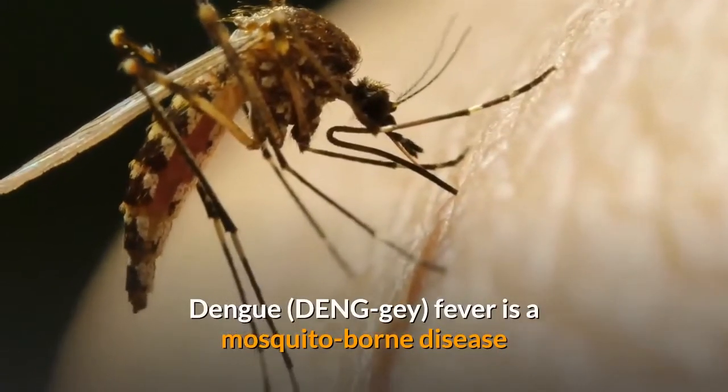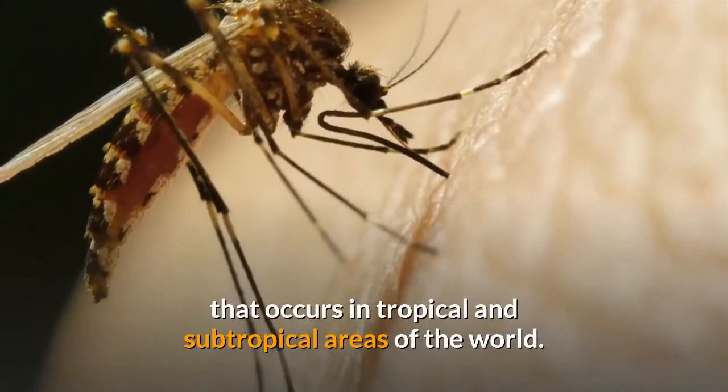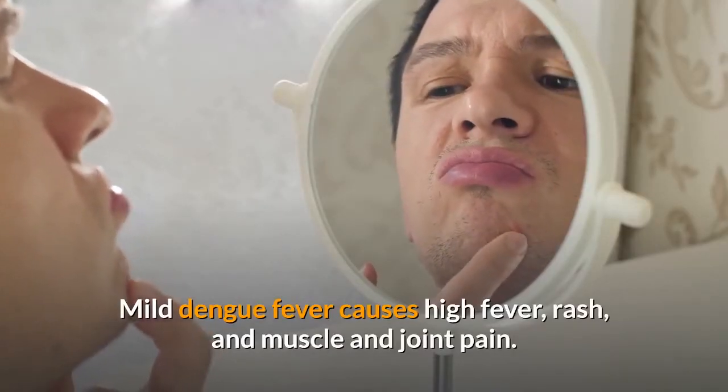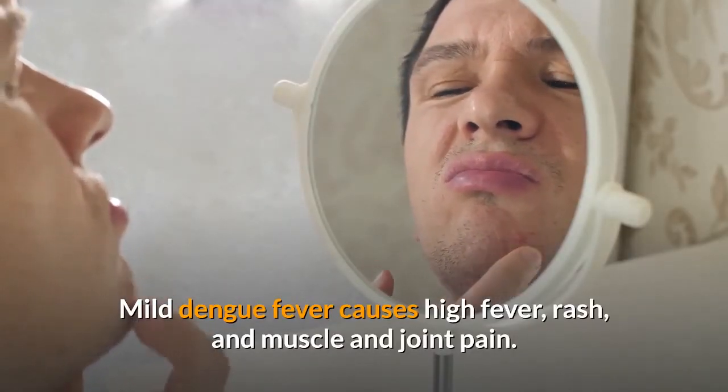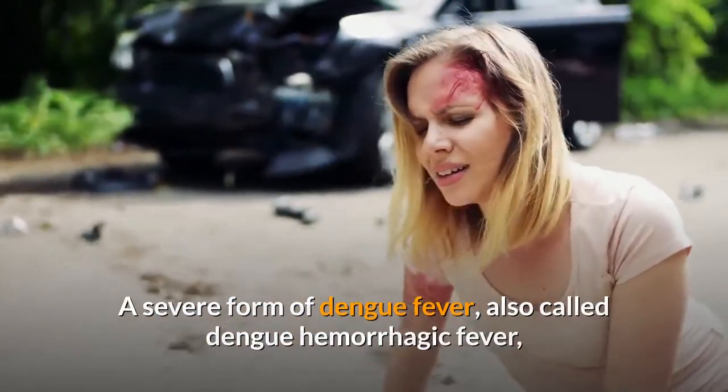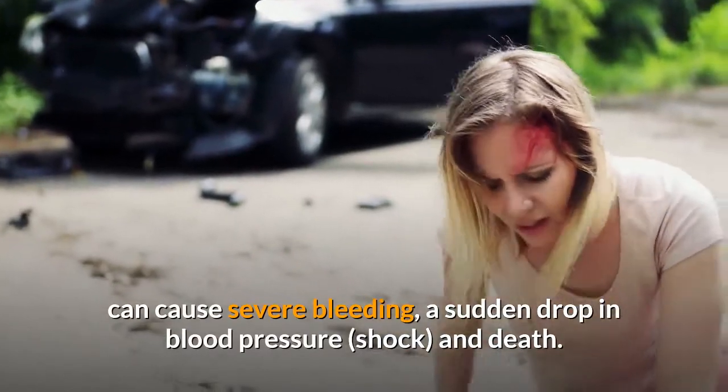Dengue fever is a mosquito-borne disease that occurs in tropical and subtropical areas of the world. Mild dengue fever causes high fever, rash, and muscle and joint pain. A severe form of dengue fever, also called dengue hemorrhagic fever, can cause severe bleeding, a sudden drop in blood